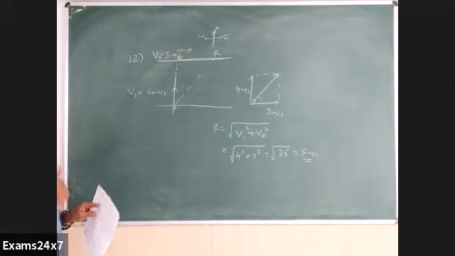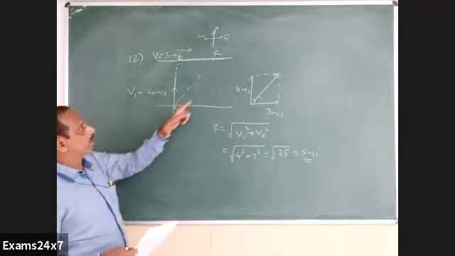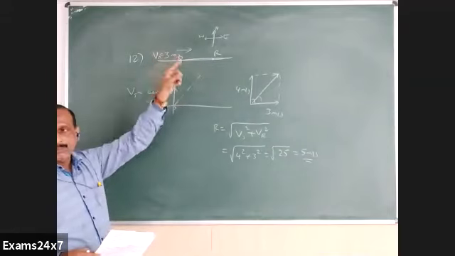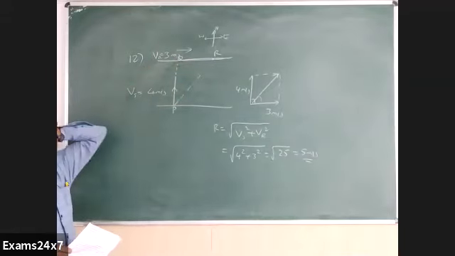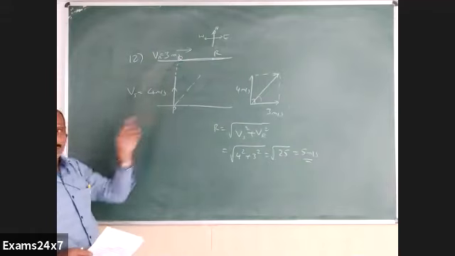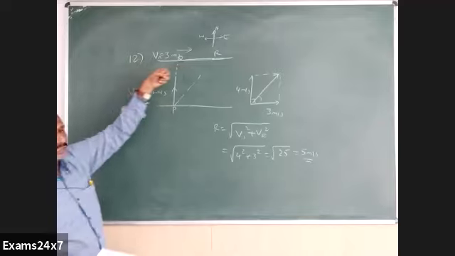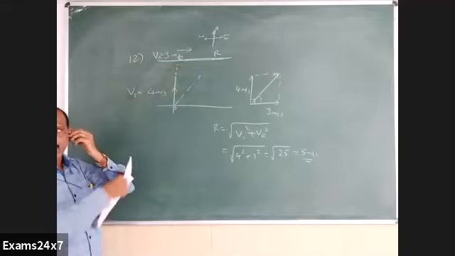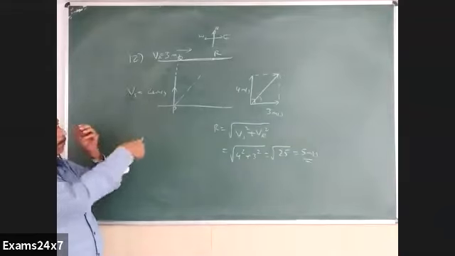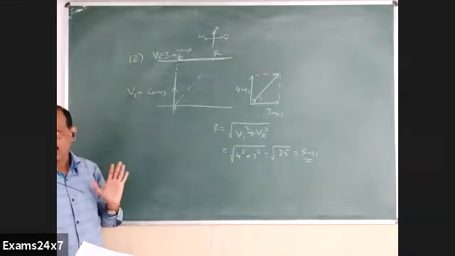The time taken to cross the river in this case is the least. When he aims to cross directly this way and travels along PR, that will be the shortest time of journey for crossing the river. When he aims to cross this way, starts like this exactly, but because of the carrying speed of the river, he will go along this diagonal, the hypotenuse of this right angle triangle. He will take least time for crossing.